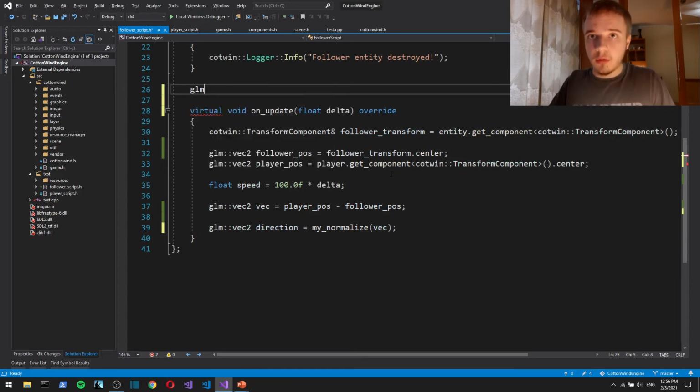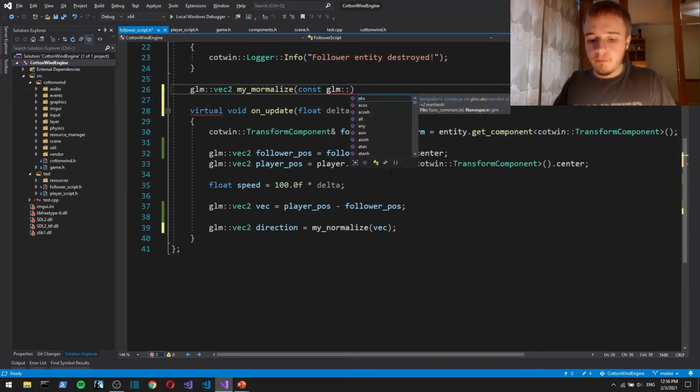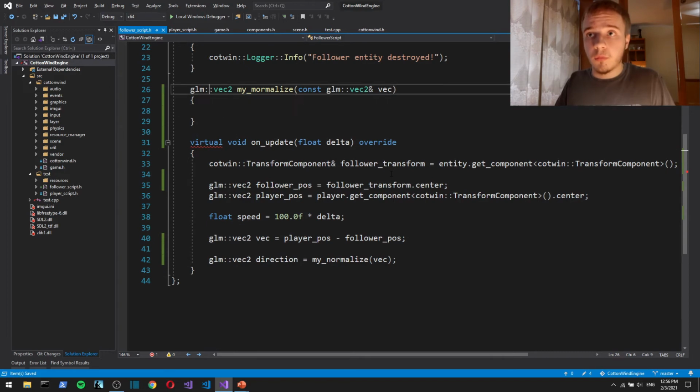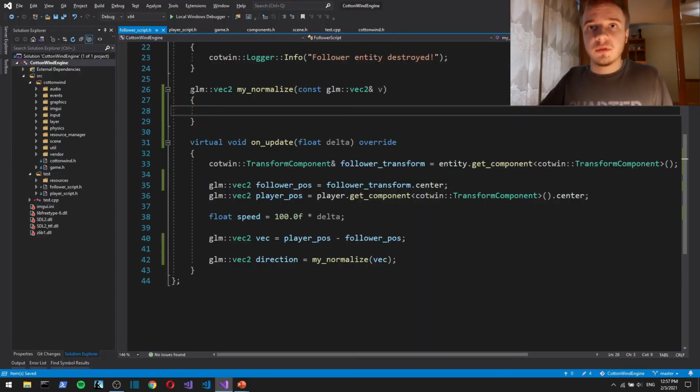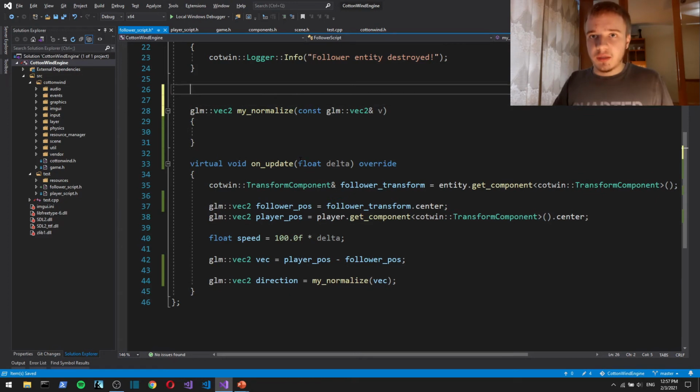And we're going to return a vector. Let's look at the formula once again: vector divided by the length. So also let's calculate the length.